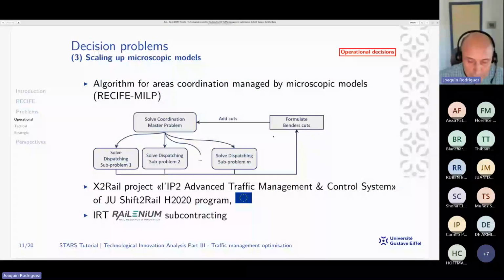Another problem is to apply this microscopic approach to a larger scale, for example, to a network. The approach was first started during the Shift2Rail project, X2Rail, with RAILENIUM subtracting state. We define a coordination master problem that manages different sub-problems in each station, for example. In each station, we solve the dispatching problem, and we provide Benders cuts, that means